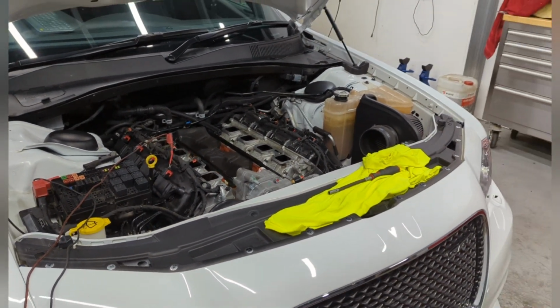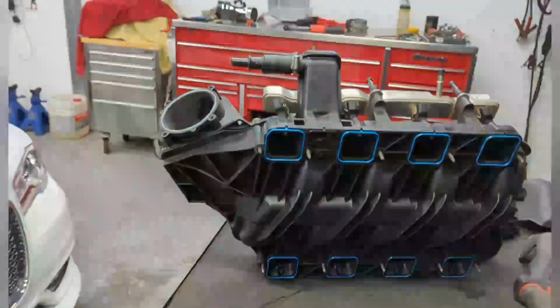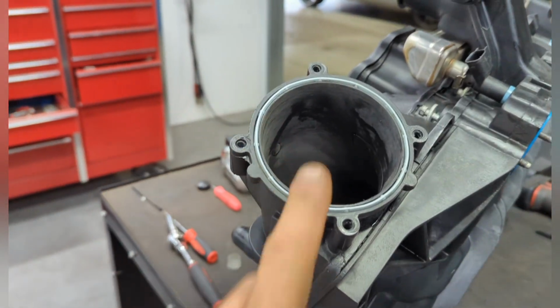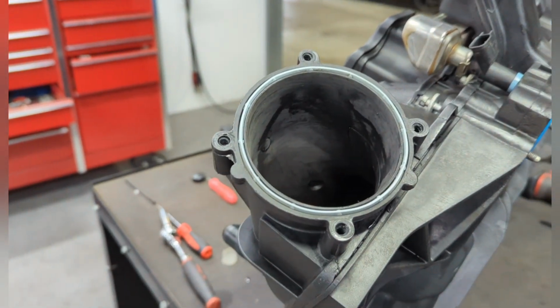We'll get the manifold back on, and then go from there. And yeah, let's see if the 10, 15 or 20 horsepower that everyone claims is there. Obviously, some may have a bigger throat, so we might get some different results. But at the end of the day, if we see another 5 or 10